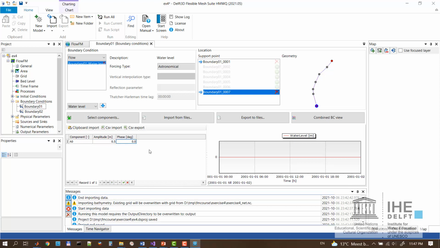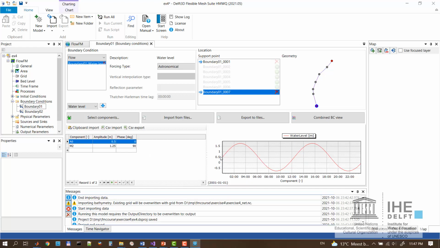So that is 0.5 meter, and you are also asked to add an M2 semidiurnal component, which you can do here, of 2.5 meter total, so amplitude of 1.25 meters. And here I choose to have a phase of 90 degrees, because you can see in the plot here, if I do that, my signal at the start of my model will nicely start at 0. So I don't have any spin-up issues where my boundary would be out of line with my initial condition. Okay,